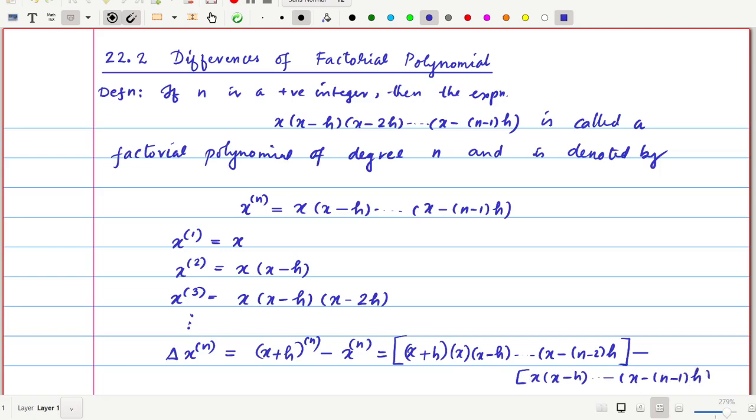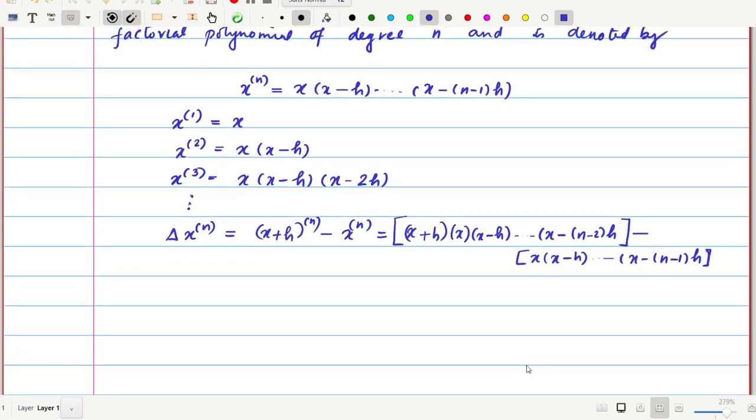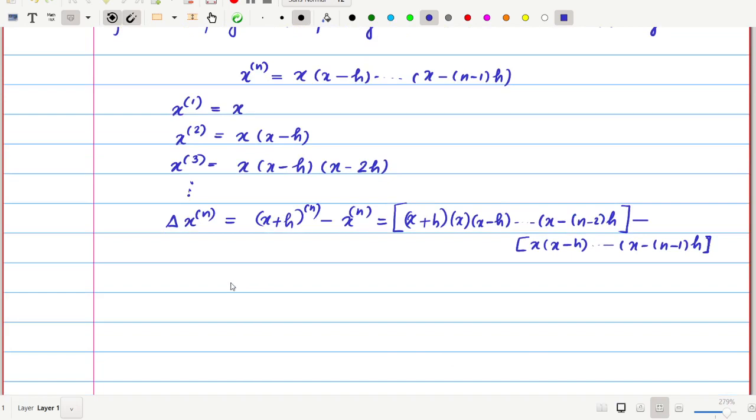This is the definition of x of n. Now we will consider the difference between these two polynomials, that will give the forward difference of x of n. So when you observe these two brackets,